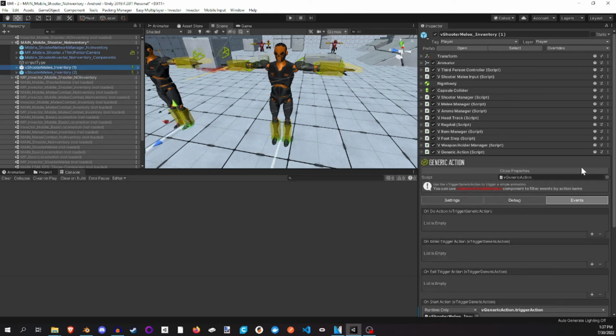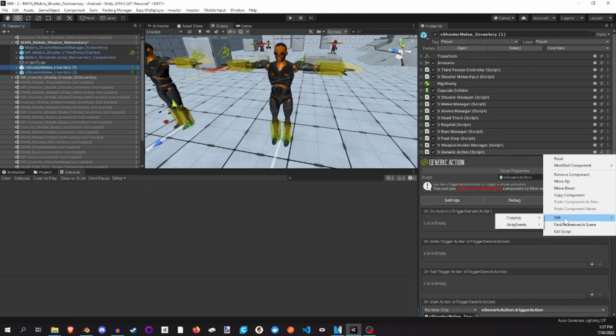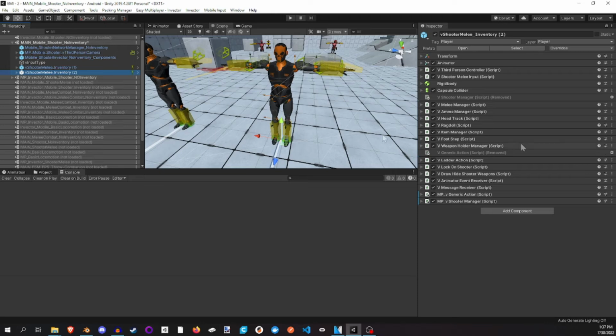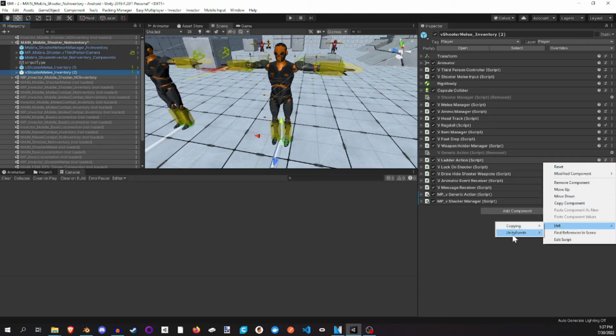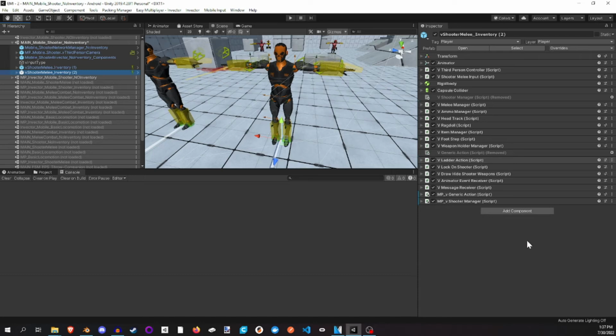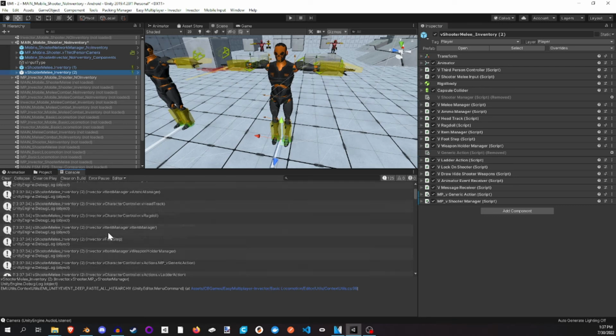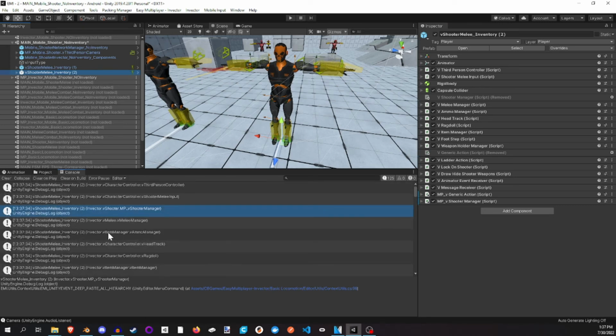Unity events on them. So what I can do is go to any component, go to EMI, Unity events, and you'll see in here there's a copy, and there's a deep copy all hierarchy. If I click this, it's going to find every single component on this object. Then if I come to this object right here, and go to EMI, Unity events, paste all hierarchy, you'll see that, and I'm going to remove this from the final release. I have this for debugging purposes, but it's also nice to see all of the components that it